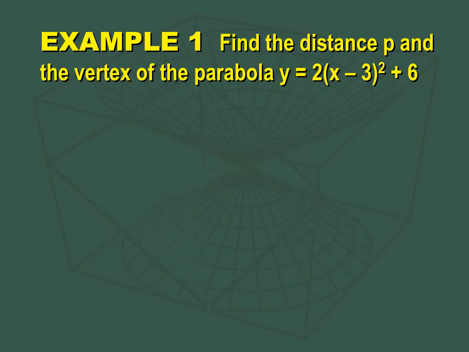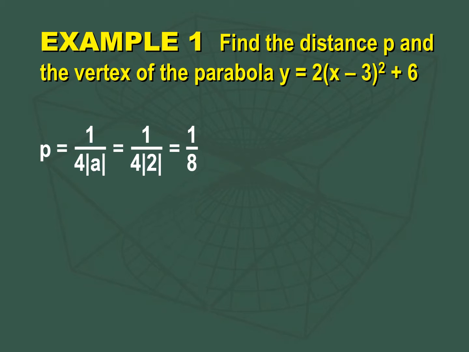Okay, so let's try to do that. Let's find distance p and the vertex of a parabola that's y equals 2 parentheses x minus 3 squared plus 6. So, to find p, we need to do 1/4 of the absolute value of a. Well, the a value is 2, so we're going to do 1/4 of the absolute value of 2. So, absolute value of 2 is 2. So we have 1/4